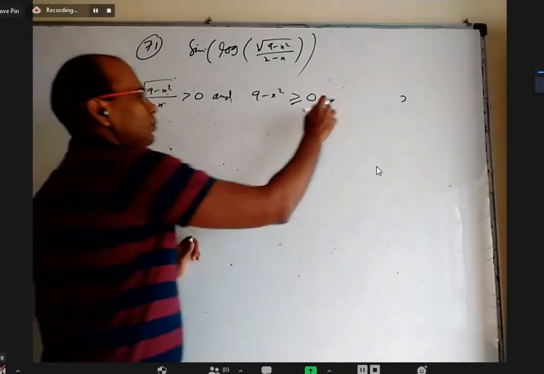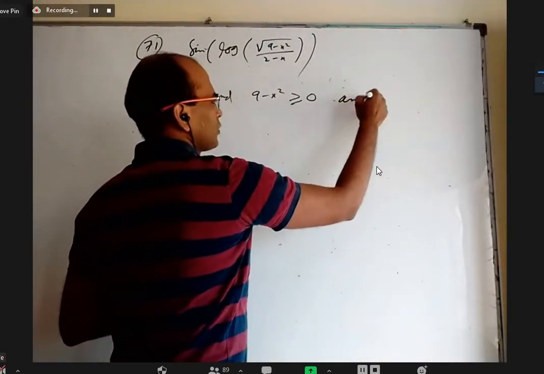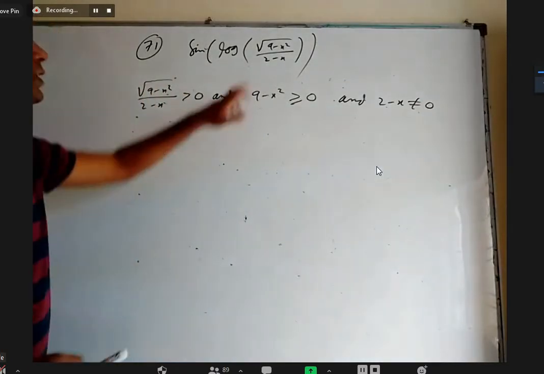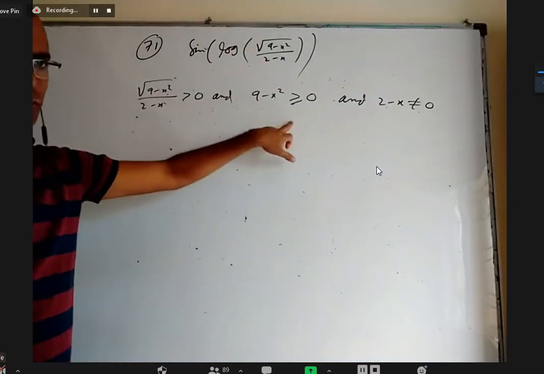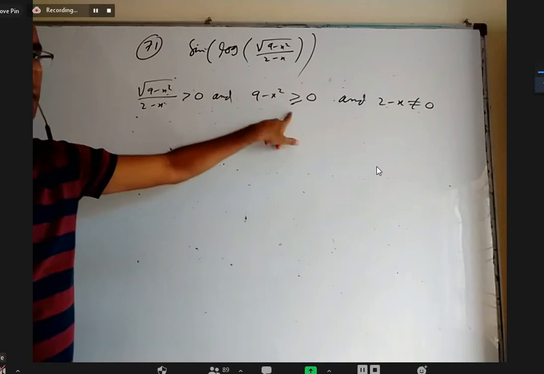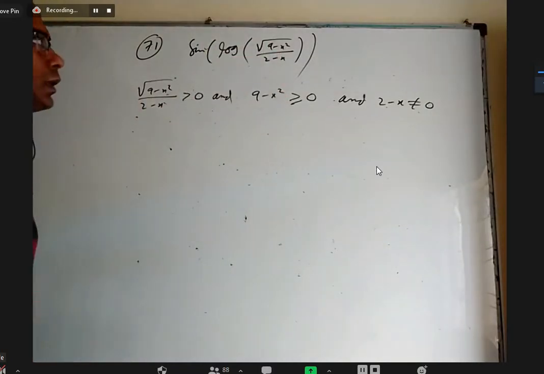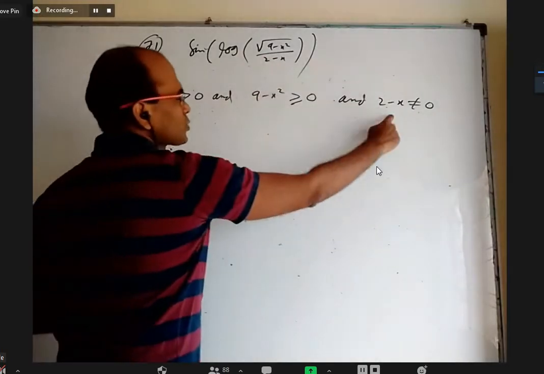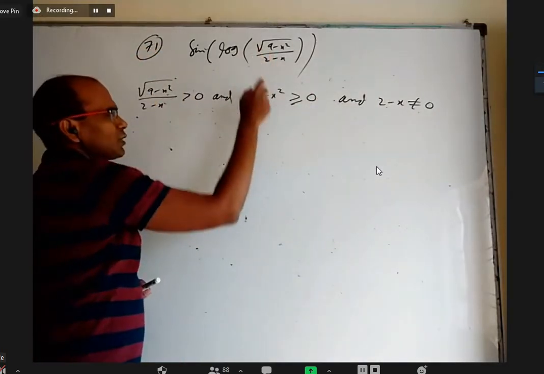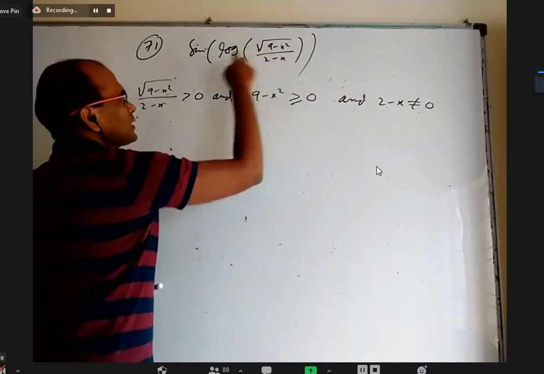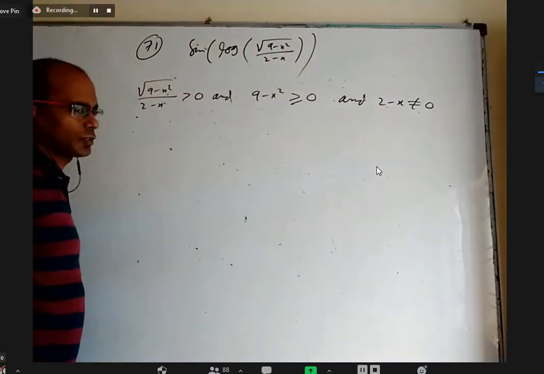I can write that 2 minus x not equal to 0, but it's not so important because we already took greater than 0. So what is inside the root is usually greater than or equal to 0, but later on we'll understand even equal to 0 is not okay because it will become 0 and log 0 will not be defined. And something in the denominator should not be 0. So what is inside the square root is greater than or equal to 0? Denominator should not be 0. And this whole thing is inside the log, and that should be greater than 0.